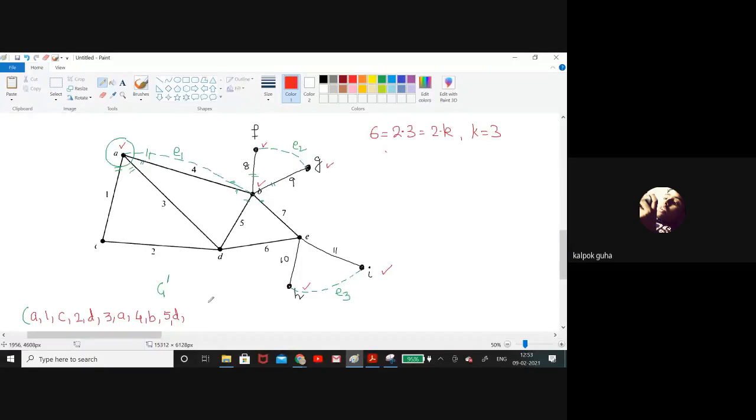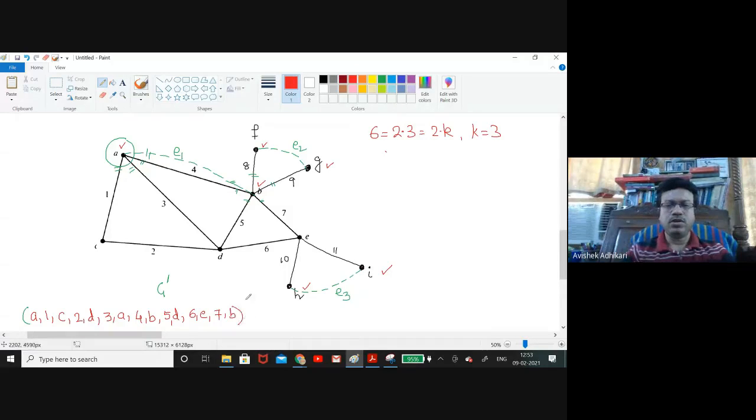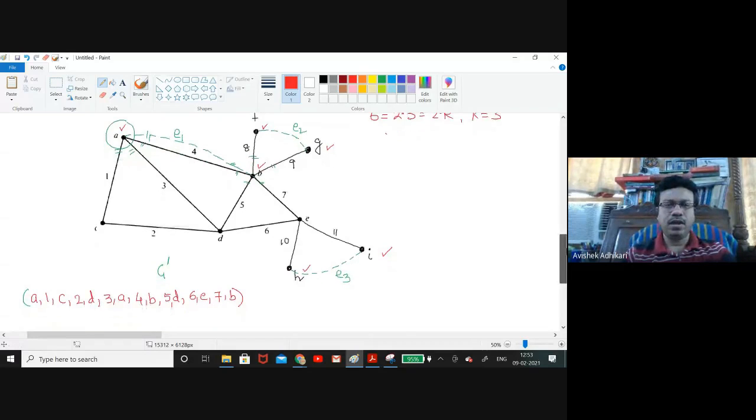5, then D to E by 6, and then by 7, 7B. So that was the trail explained by Kolpok for this initial graph, right? So for this part only, for this part only. Now